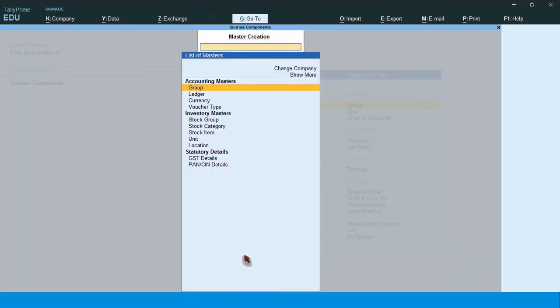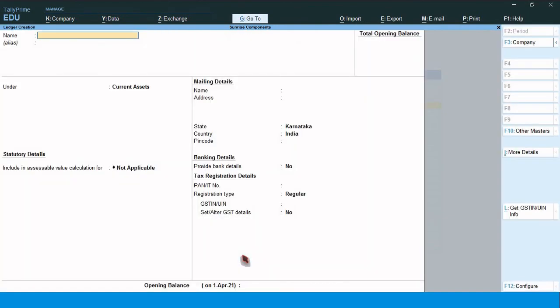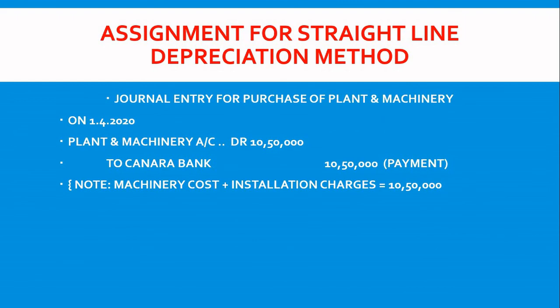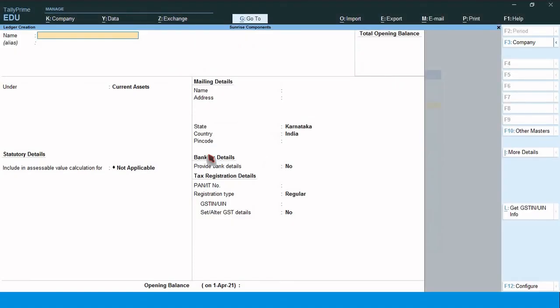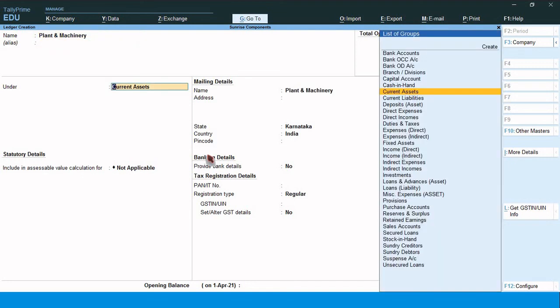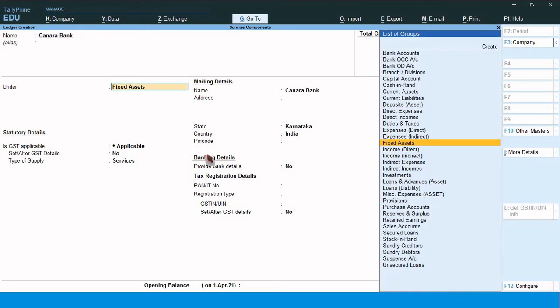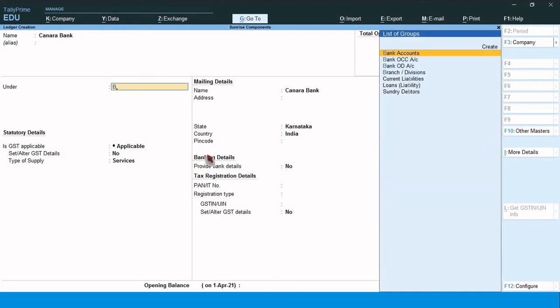Go to create, select ledger, create plant and machinery, under fixed assets. And next one, Canara Bank, under bank account.